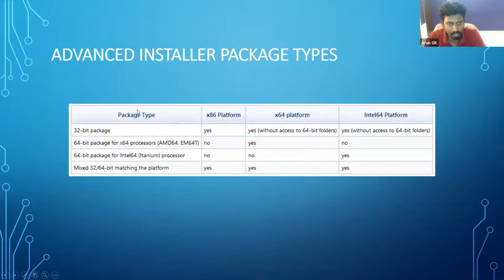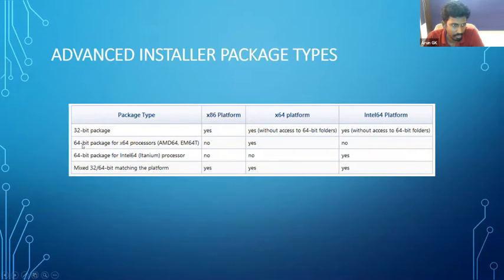This table clearly defines which platforms are supported by each package type. The 32-bit package supports the 32-bit platform, and it supports 64-bit also.